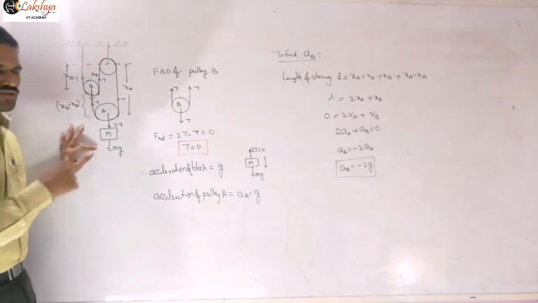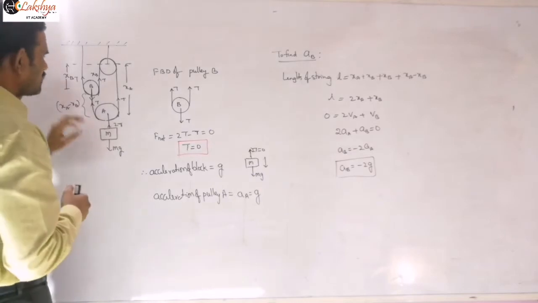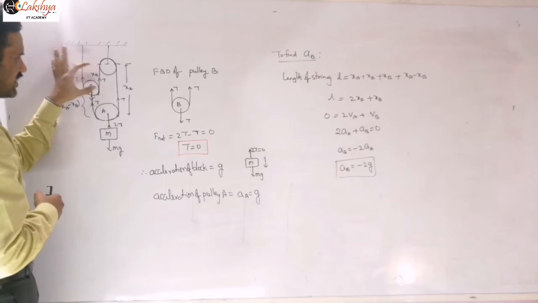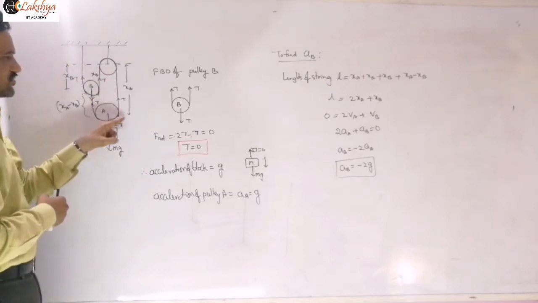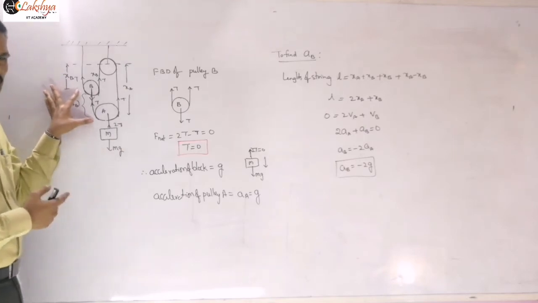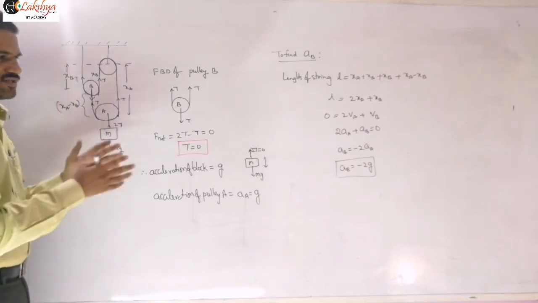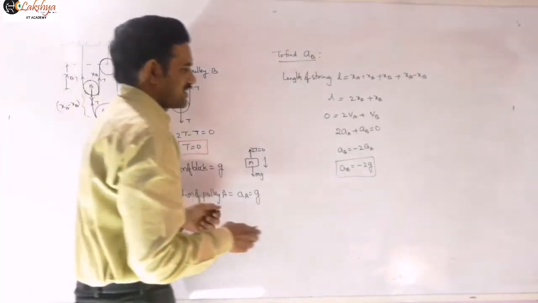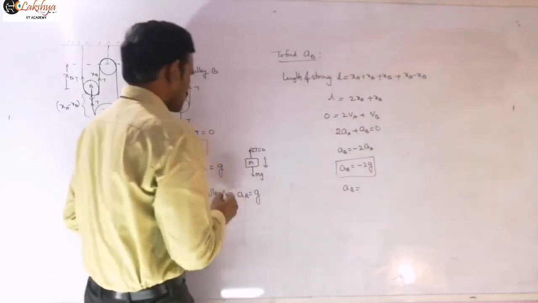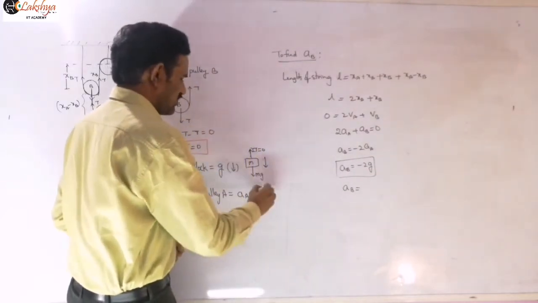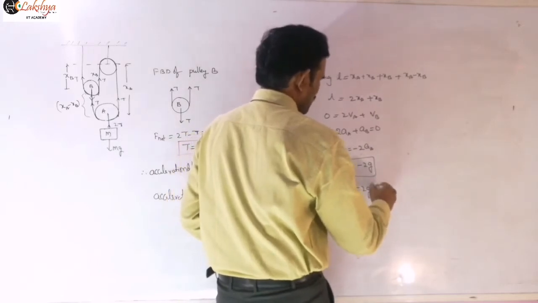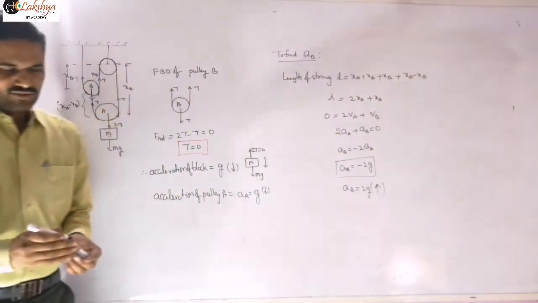So is it clear? We just took the length of the string here. Let us consider this side XB, this side XB, so 2XB is there, and this side XA, and this length you need to write as XA minus XB, and that is our equation. So that is the acceleration of this pulley. The acceleration of A is in the downward direction, and the acceleration 2g of B will be in the upward direction. So that is the significance of that negative sign.